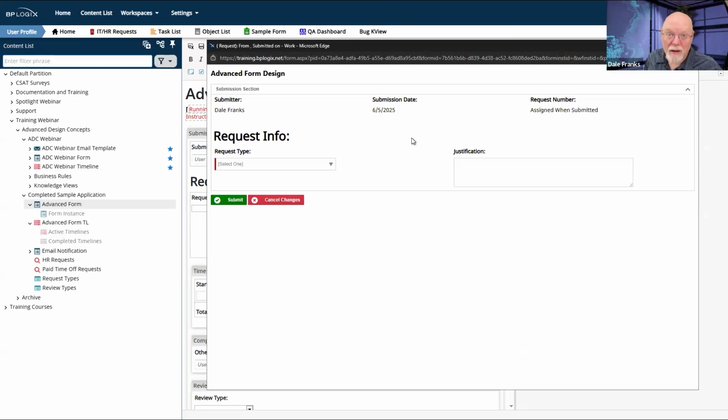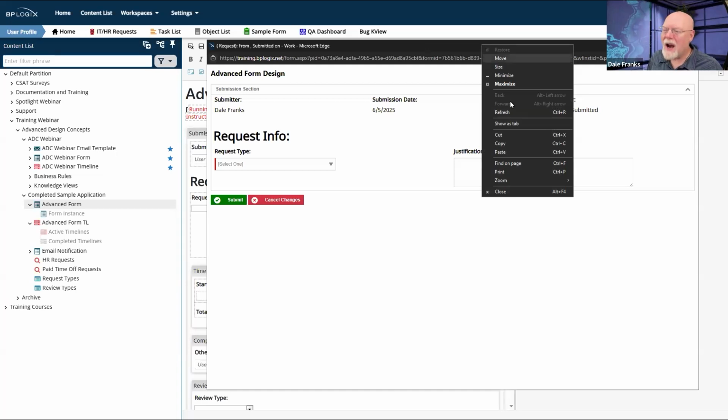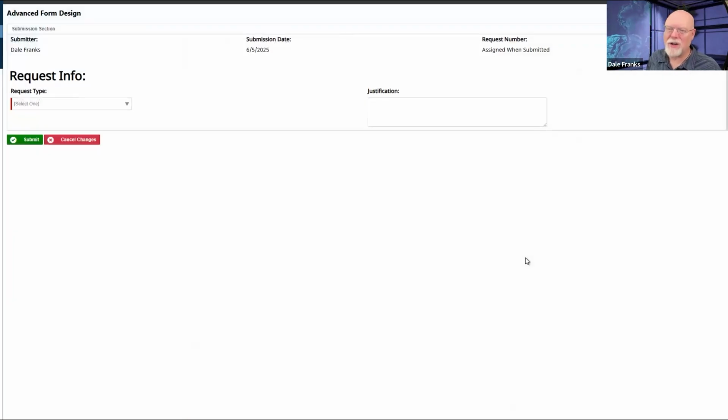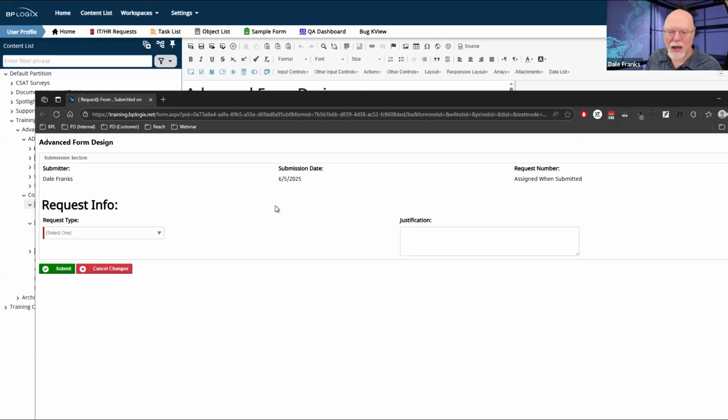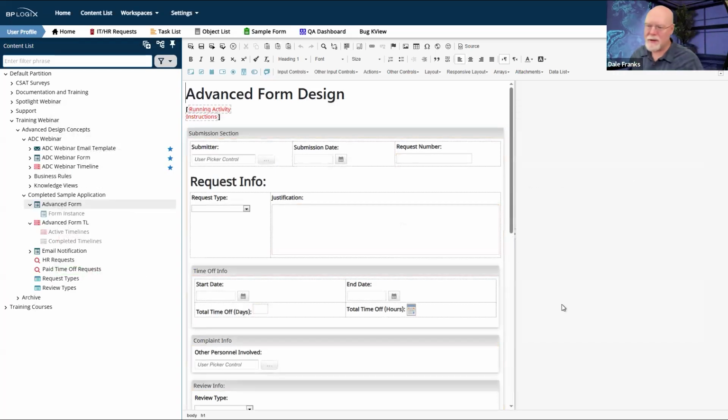For me, this is a huge inconvenience because if I want to take screenshots, especially for the training, I generally have to right click on here and click show as tab, and then it resizes itself as a real browser tab, and it incorporates the tab size that I have set for the parent window. And then I can take my 1280 by 720 screenshots for the training courses or what have you.